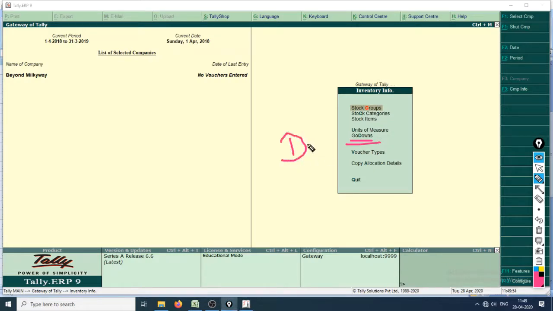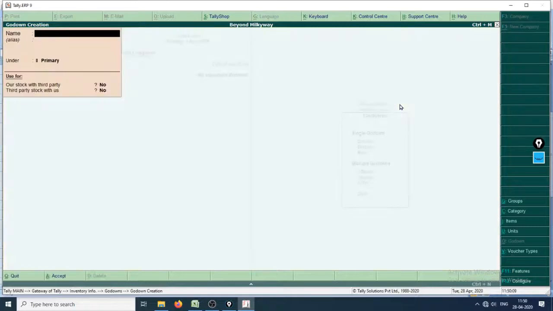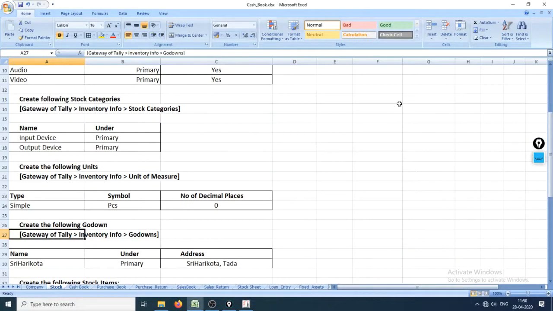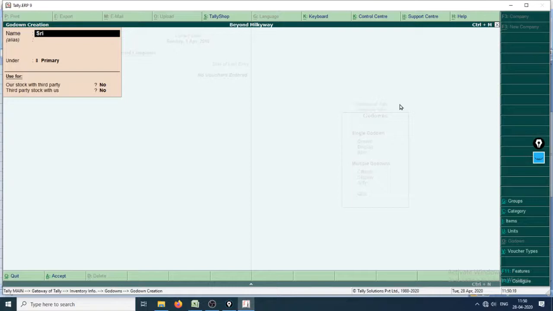D is the hotkey for godowns, or you can just navigate, because we won't be creating a godown every day. Godowns, create. Name is Sri Harikota.